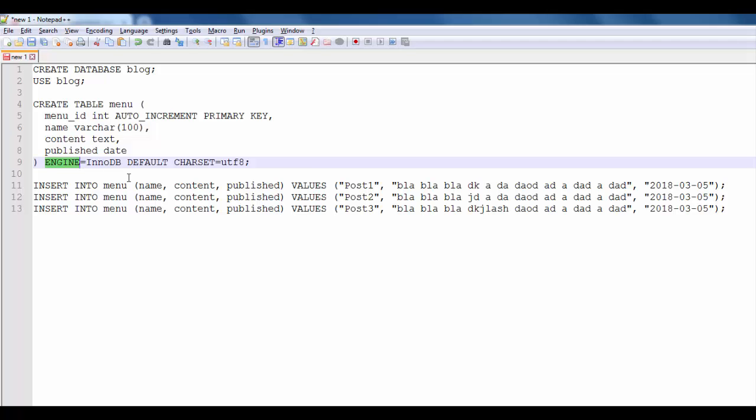It is one type of engine, and default char set equal UTF-8. It is an international character set. And